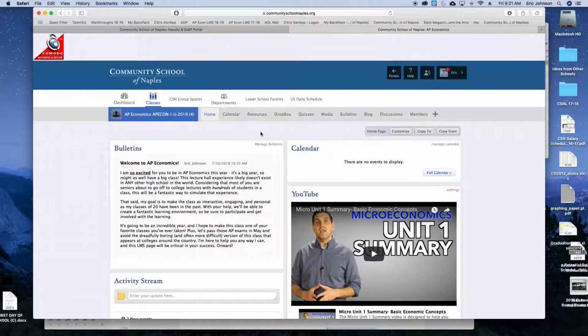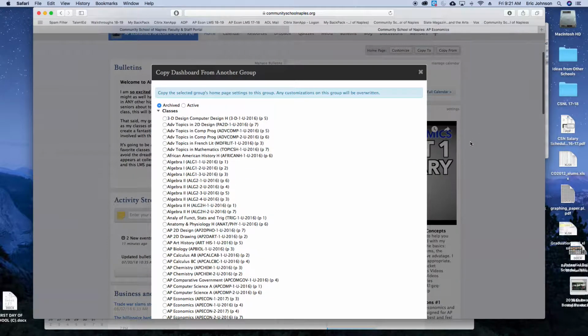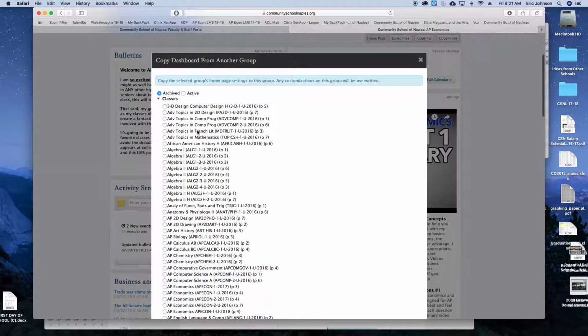But in order to get last year's things, there's a couple things you can do. First of all, if you want to make your homepage exactly like last year, which sometimes is a little awkward because it'll have a lot of the resources you had posted from April and May, you can do that, and you can archive anything or save it, so it doesn't display until a certain date. But if you want to click Copy From, and you can see I have every LMS subscribed,